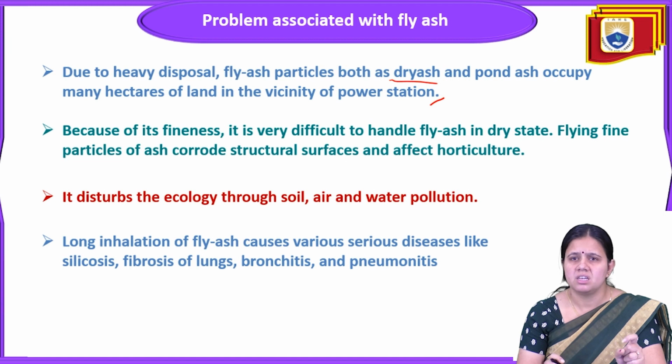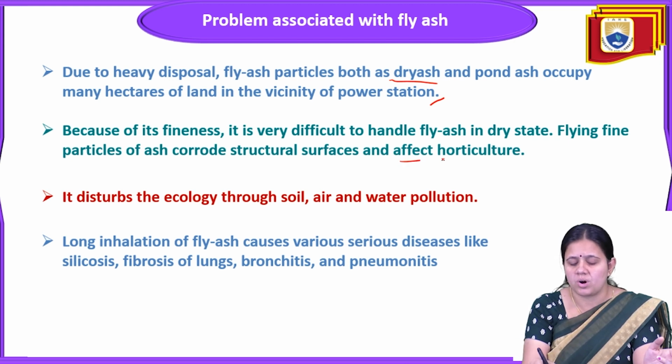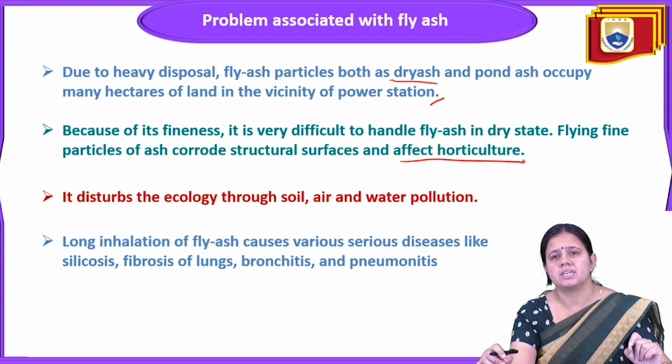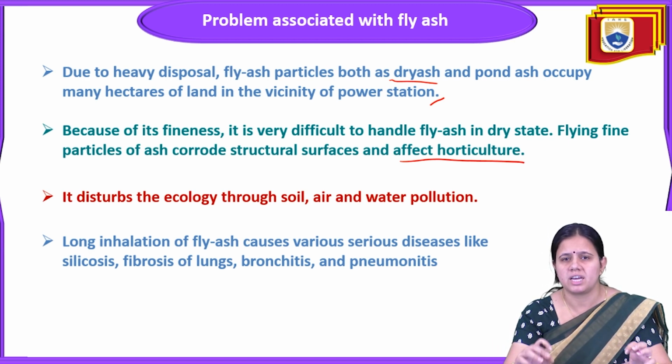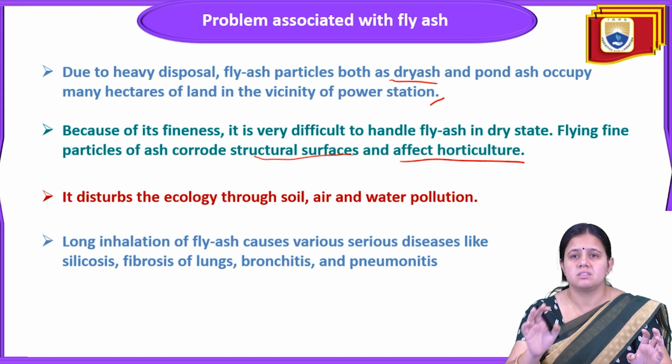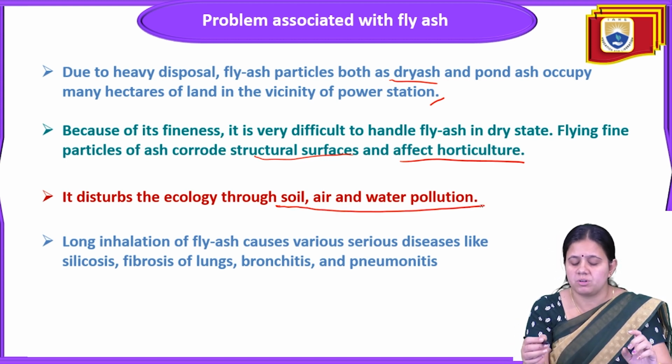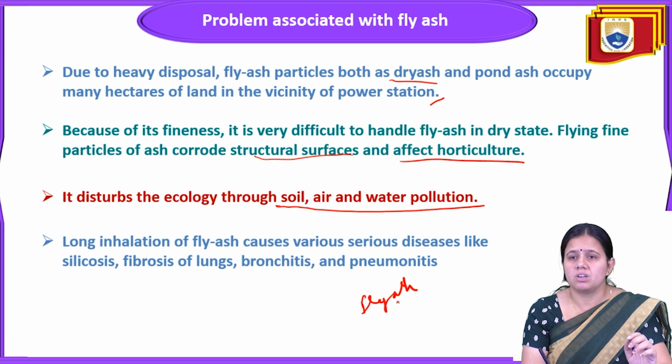Because of its fineness, it is very difficult to handle fly ash in the dry state. Flying fine particles of ash corrode structural surfaces and affect horticulture. So it is a very fine particle, and in the dry state it is very tough to handle, and the flying fine particles corrode the structural surface and mostly affect the horticulture of that particular area. It disturbs the ecology and causes air and water pollution. Fly ash causes all three types of pollution: air pollution, water pollution, and soil